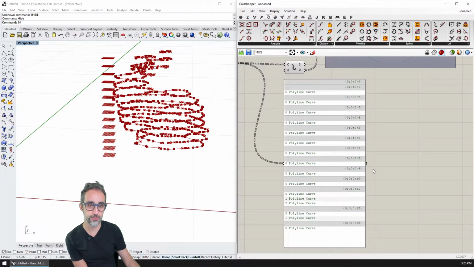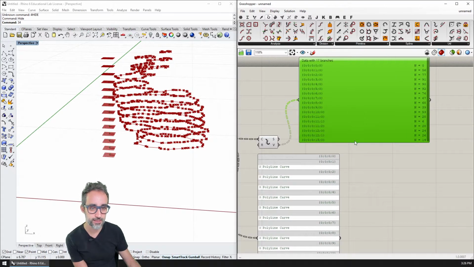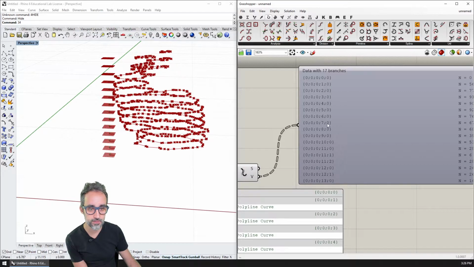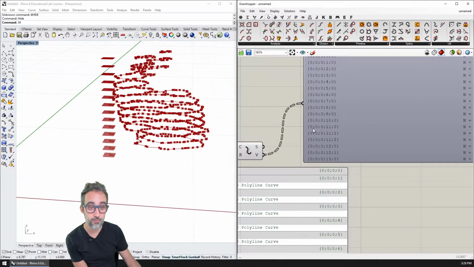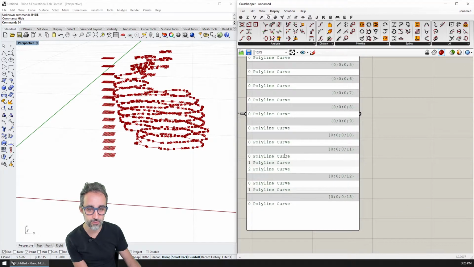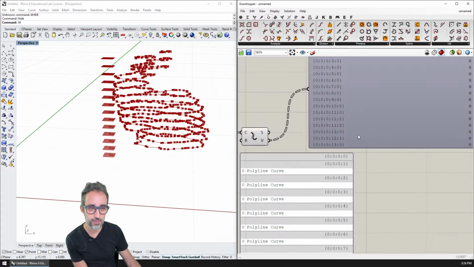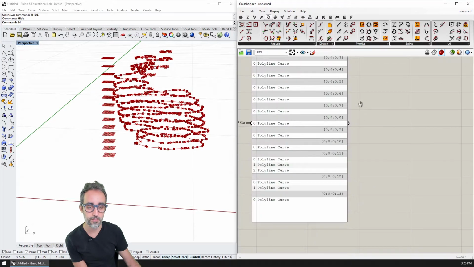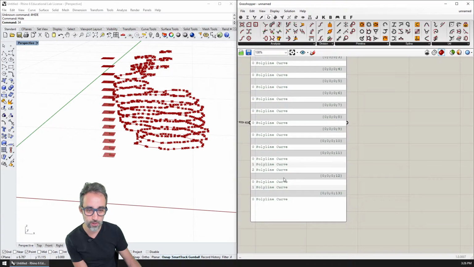sub branch. So if you look at this, now the new level is 0, 0, 0, 0, 0, 0, 0, except for branch 11, which is the one that had the 3 polylines. For this one, it has created 3 sub branches, one for each of the polylines. For branch 12, it also created 2 sub branches because we had 2 polylines on branch 12.